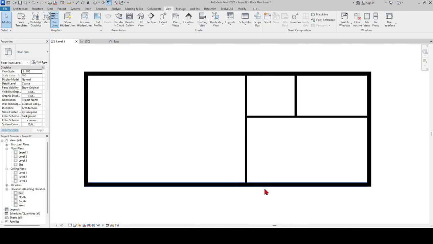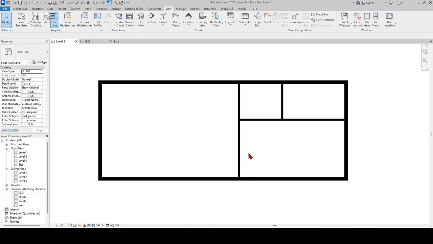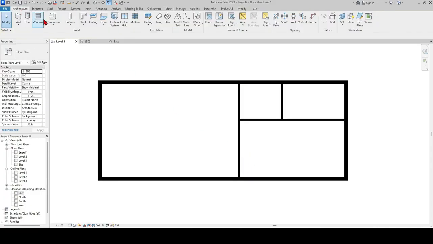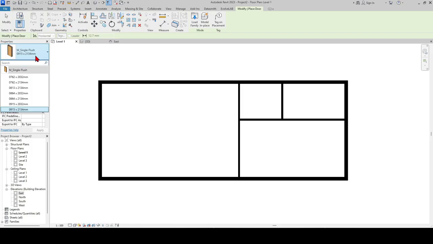I want to provide the main entrance here and separate this area into a living room and a kitchen. First, let's place our main door. For this, you can click on the door command or directly activate it by entering the DR command. If you want to change the door dimensions here,